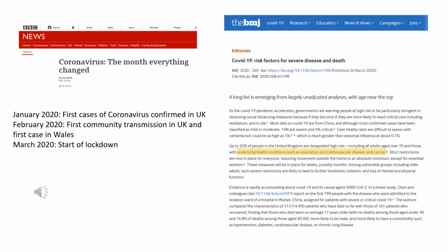So first of all, I'd just like to talk a little bit about the background to the project. And to do that, I need to take you back to what things were like in the early part of 2020. So in January 2020, coronavirus was an emerging problem. And we saw the first cases of coronavirus confirmed in the UK in January. And in February, there were the first cases of community transmission in the UK and the first case diagnosed in Wales. But by March 2020, we were under